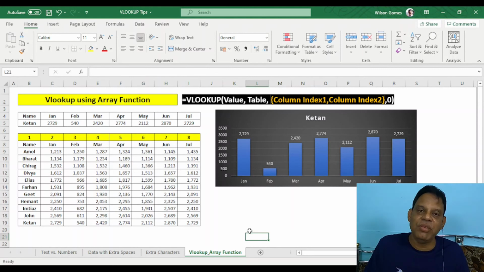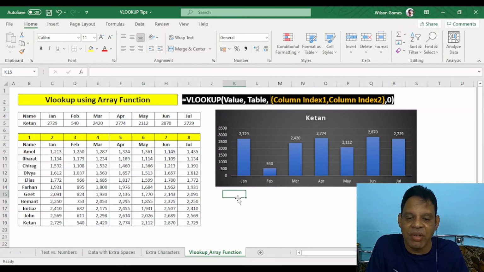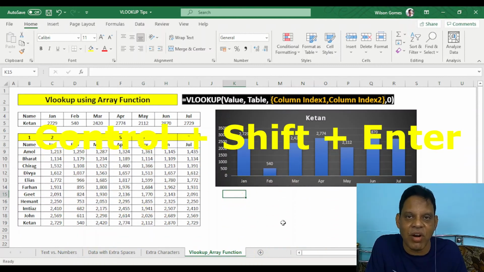I hope it will save a lot of time. Instead of finding VLOOKUP individually column wise, all at a time I can do it. Please remember, in normal syntax, with a single column, I just press Enter, here Control Shift and Enter, it will give you values for all the columns at a time.